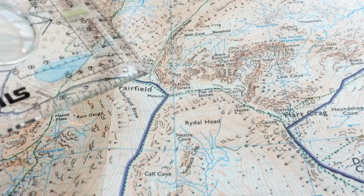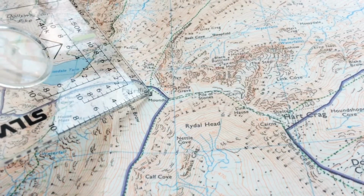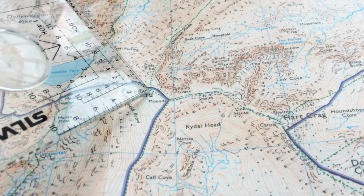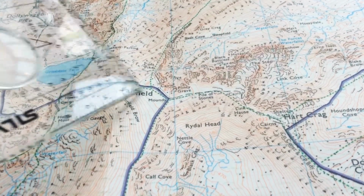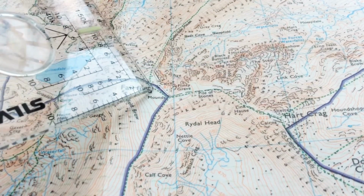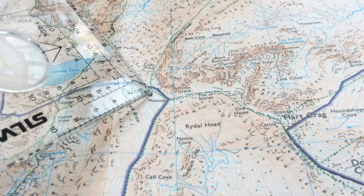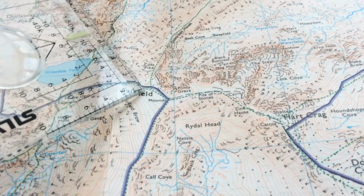In this video, I'm going to talk about perhaps a more common or more regular use of a compass, which is when you're in a scenario where you've got footpaths going off in different directions. And for this scenario, I'm going to use Fairfield because I've been in this situation myself. This is one of the high mountains of the Lake District,